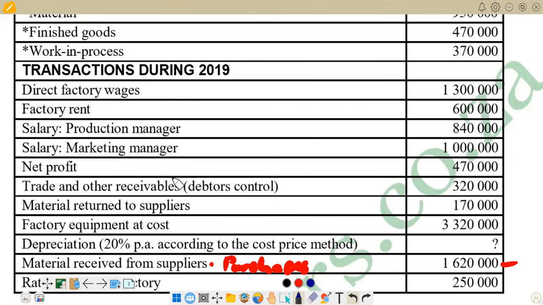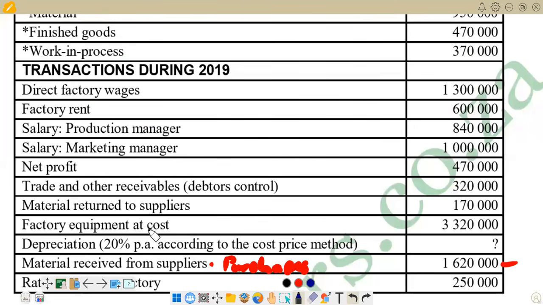We're given the net profits. We're not concerned about this one. Trade and other receivables. These are debtors. These are the customers that we are selling goods to on credit. So they are debtors. So we are not concerned about this. Materials returned to suppliers. We've already adjusted this one. Then we go to